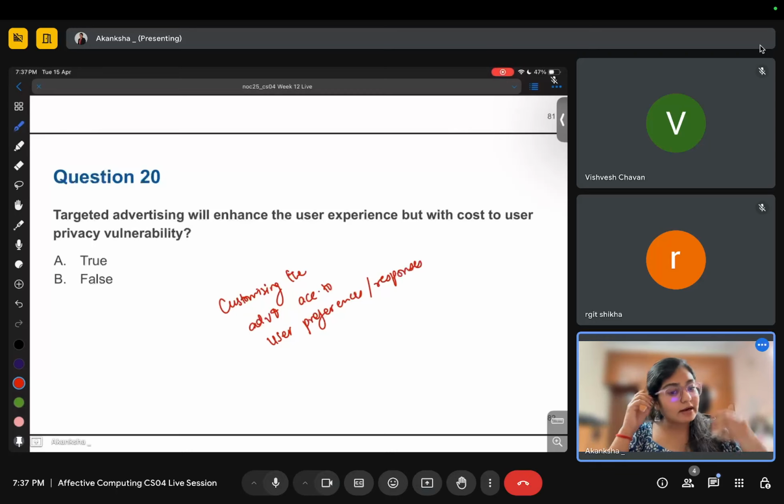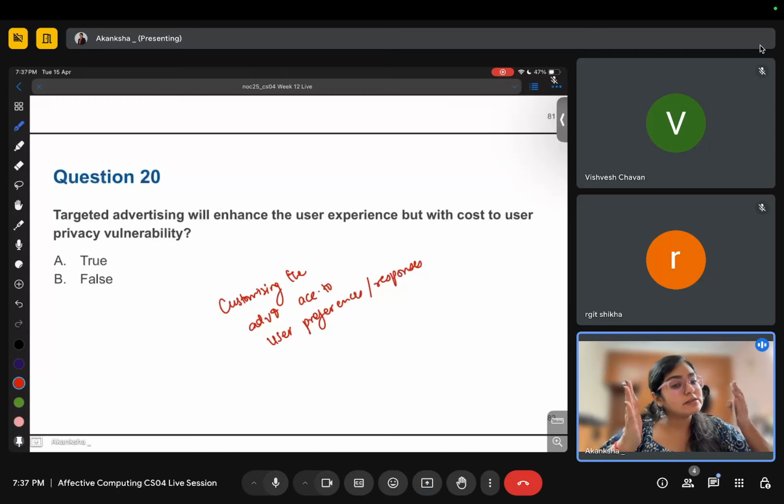That means one way or the other you are collecting my personal information, that what products I actually buy. Or if I am scrolling and you are capturing my facial data, my video is being captured while scrolling, then I look at the product, I go wow, then you see that I am amazed.